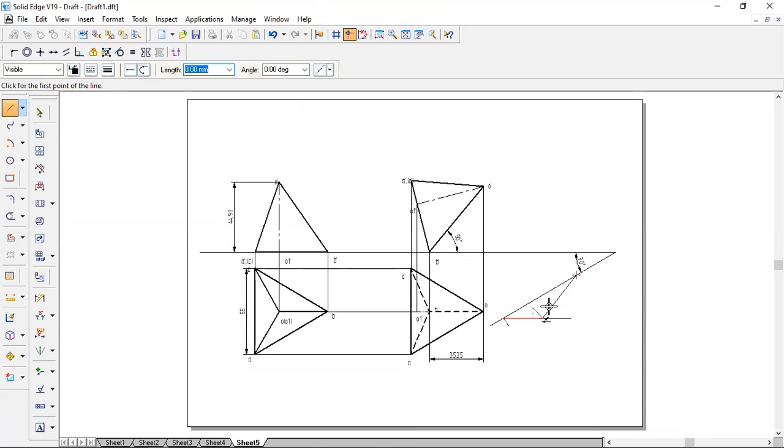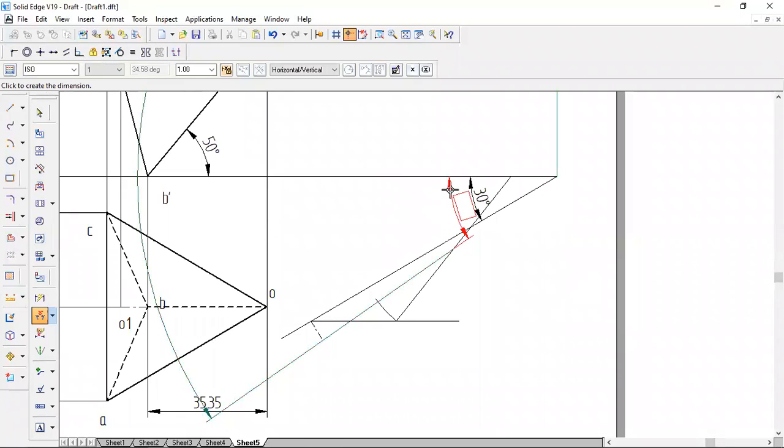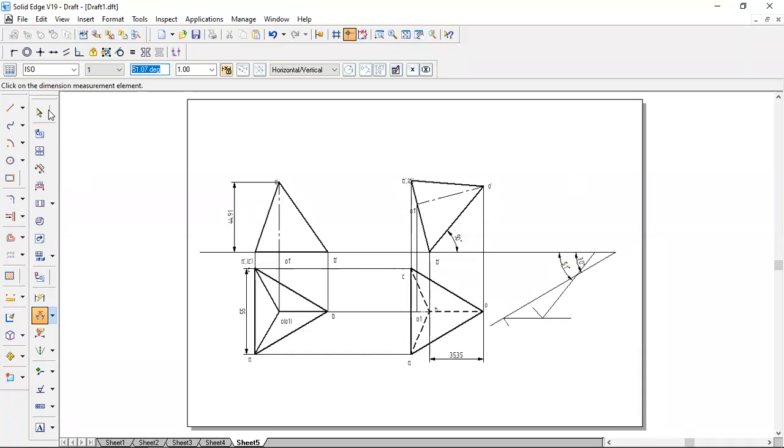So this is the apparent edge inclined at an angle, so that is the beta angle which we need to find out. So use the extend to next command and find out the angle between. So we are going to get the beta angle from here and from this. The angle between this and this, how much? This is 51 degrees. So that is the beta angle which you need to calculate.